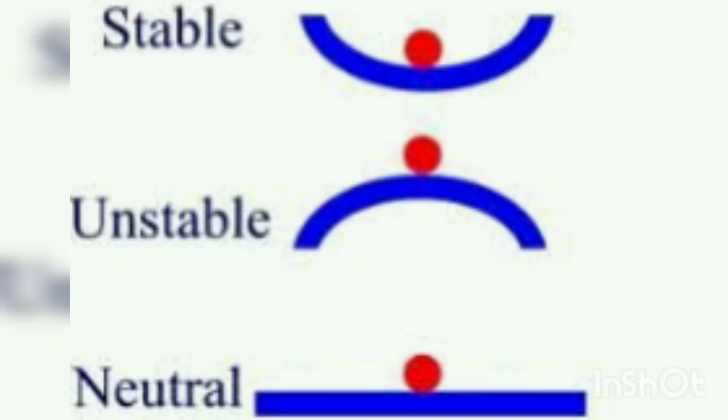Unstable equilibrium is contrary to stable equilibrium. Unlike stable equilibrium, the position of the particle is not stable because of the surface where it is positioned. And compared to the above two cases, it is very easy to understand neutral equilibrium. This is just for understanding purposes. Let us move on to the examples which are related to our course.